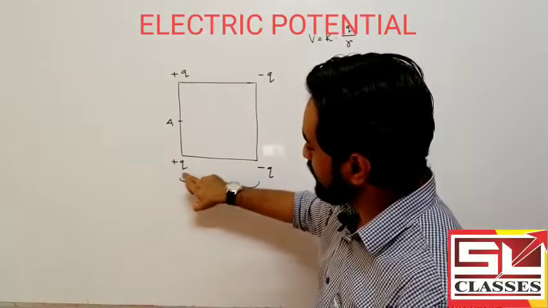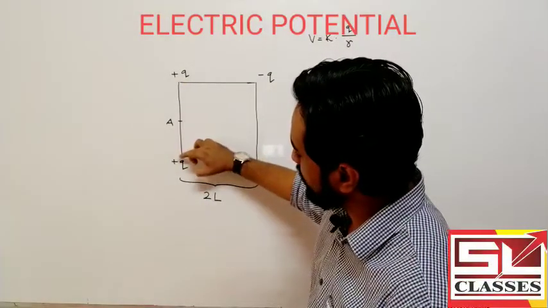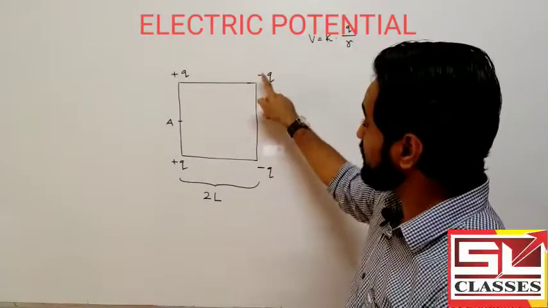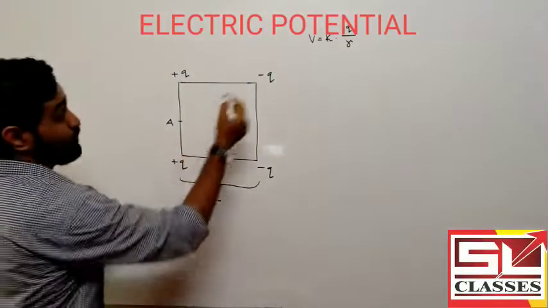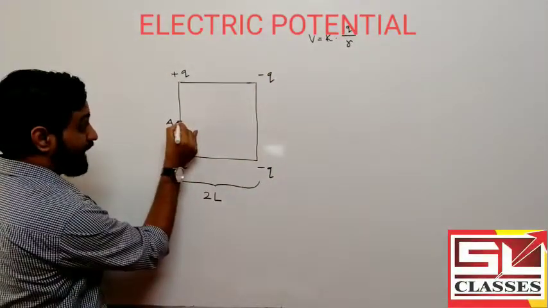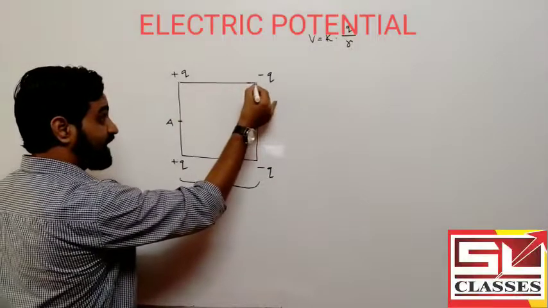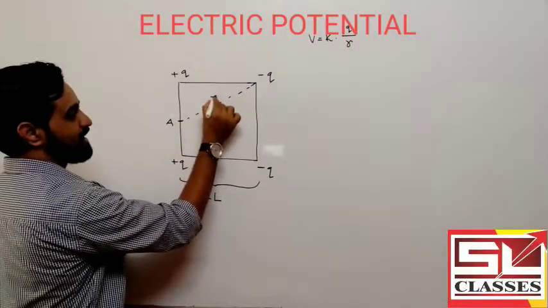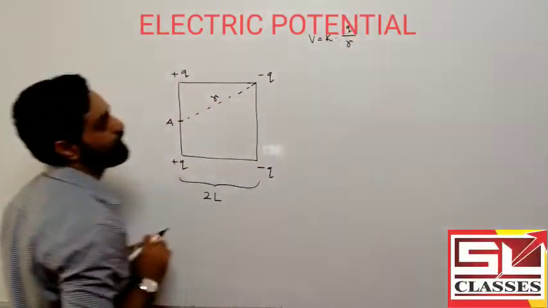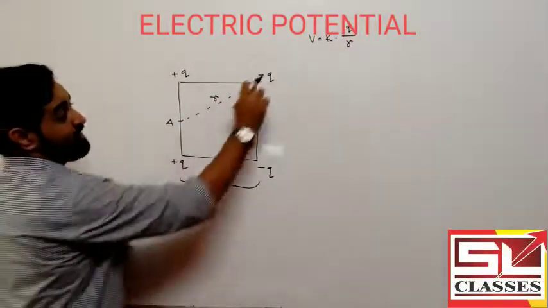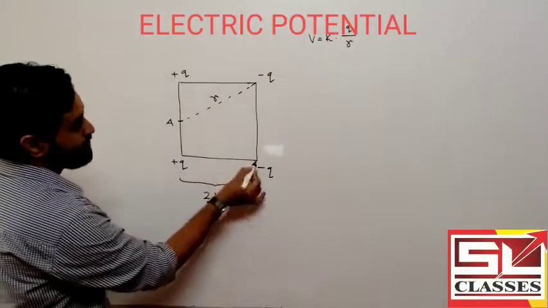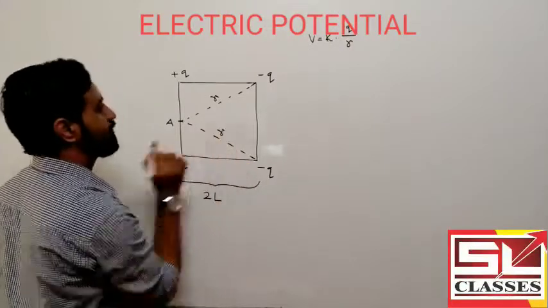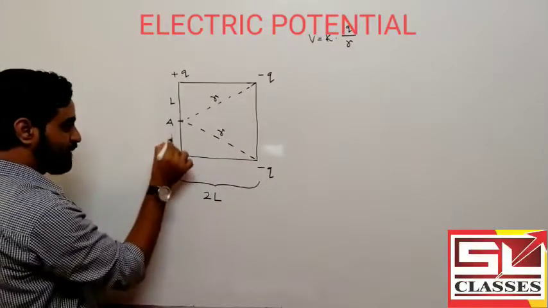Now take this charge plus Q and take this distance, so from charge to the point A. Now from minus Q, the third charge, due to this minus Q, to find potential at A, we have to take this distance. Okay, that is the distance R in this equation, Q by R, where R is the distance when we take this minus q charge. Also the same distance comes for this minus q charge also. So this is R, and this will be L, and this will be L.